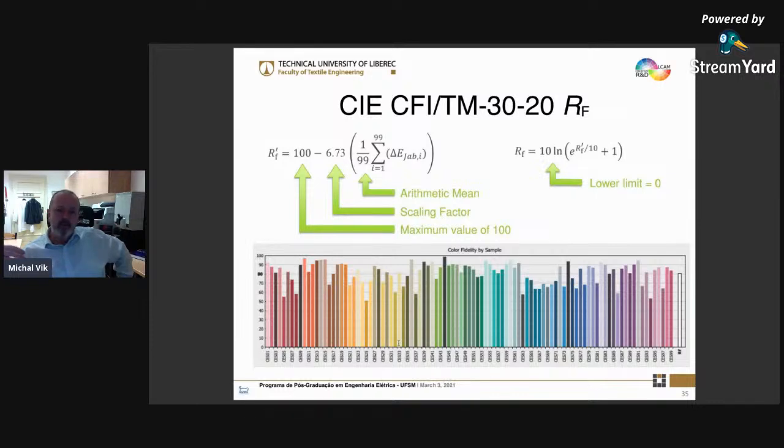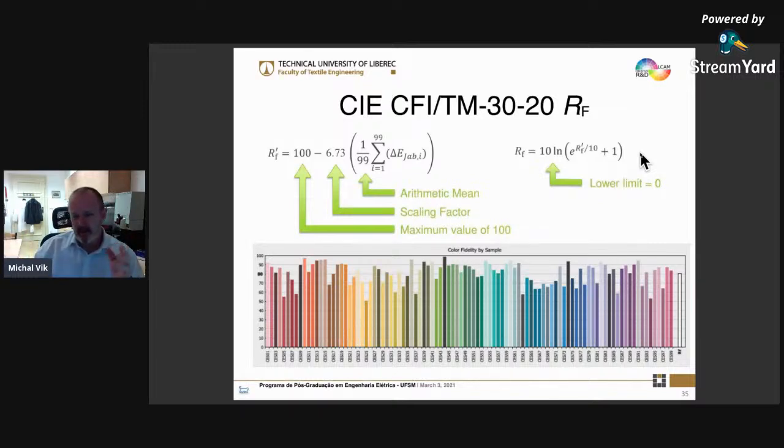Then I have the opportunity to compute the Fidelity Index, as you can see here from this equation. What is interesting, you can see here, contrary to CRI, that we are using 99 samples. Here, this factor is only a scaling factor. In the first version of TM30 it was a little bit higher, above 7. Now the same scaling factor is used as in CFI. And another thing here is this logarithmic transformation of the scale, which allows us to finally obtain a range